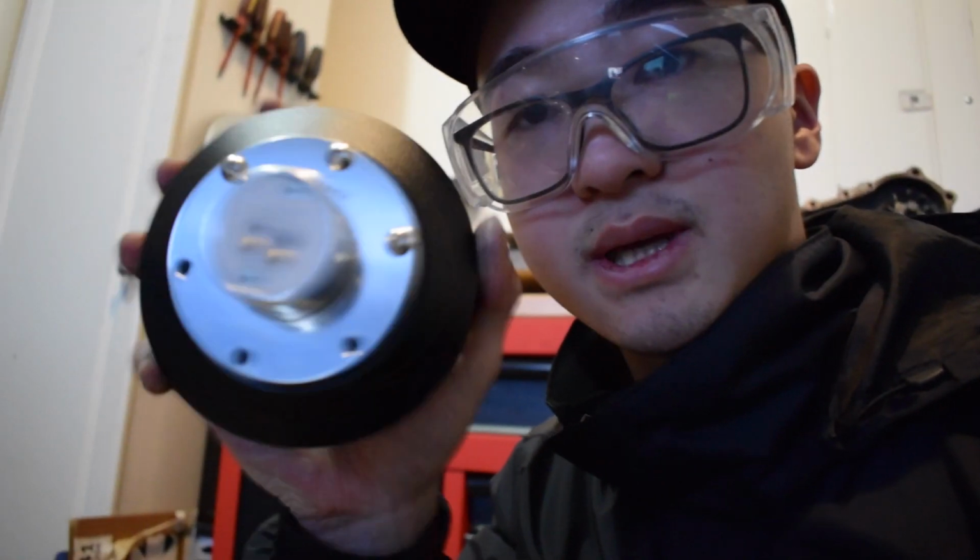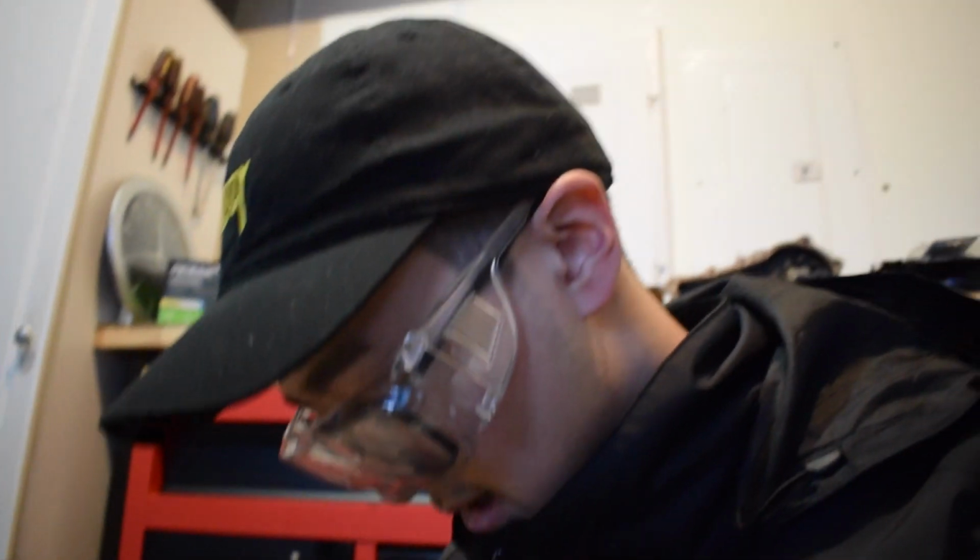Alright guys, just to give you a bit of an update, I spent probably the last hour trying to figure out how I wanted to mount the steering wheel controls, and this is what I've got so far. I have my hub and quick release assembled together just so I can get measurements off of it. And what I've done is I have some carbon fiber sheet at home,